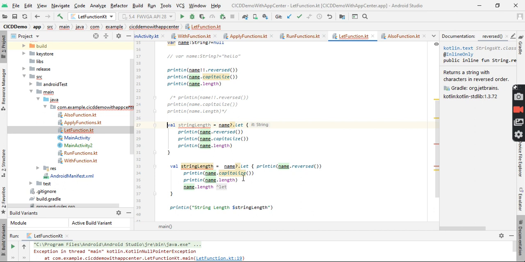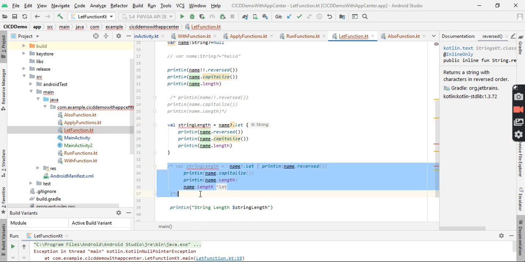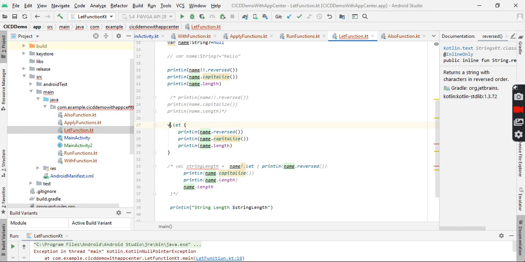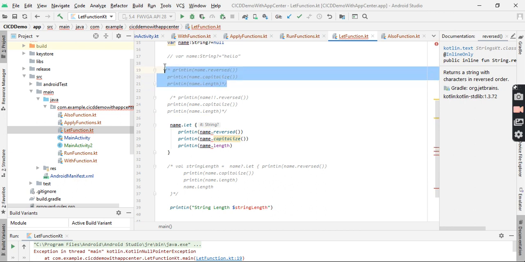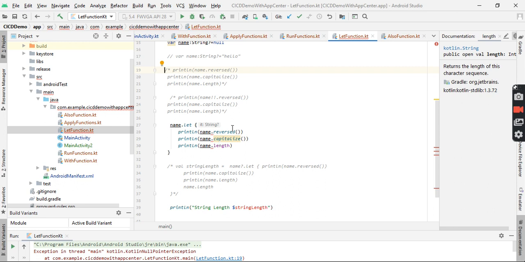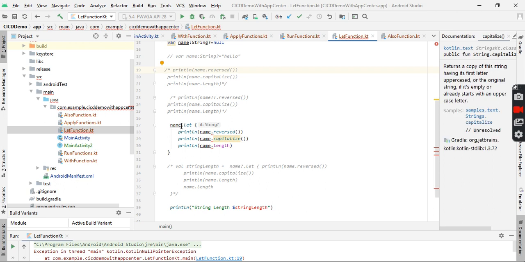Basically, if I use this name, it will also indicate that I should define a null pointer exception or nullable receiver or null safe operator.